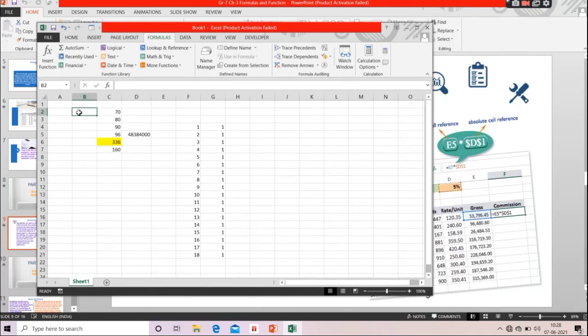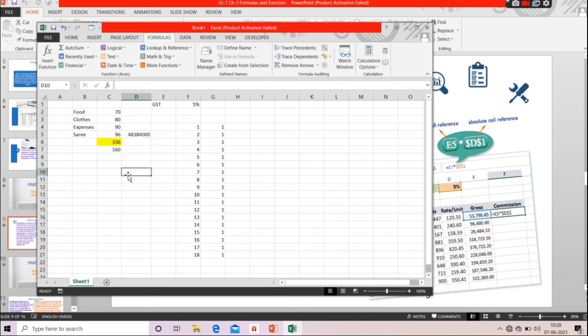Think like this is an expenditure given for a month, and think like the GST has been given. GST has been given 5%. Now how to calculate this one? Think like this is food, this is a sari, this is some clothes, and something expenses. Now if you talk about this one, I just want to calculate this with this.